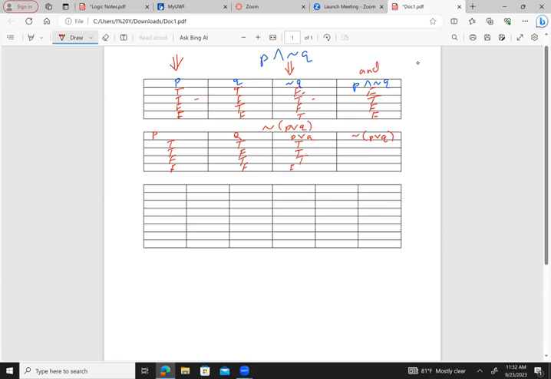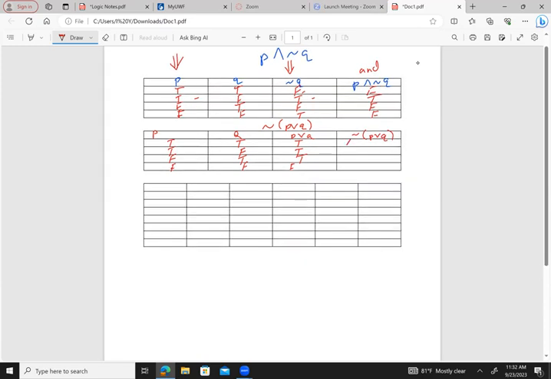Then we're saying not (P or Q). So we take the negation of the previous column here. We get false, false, false, true. And the last one here is P and not Q